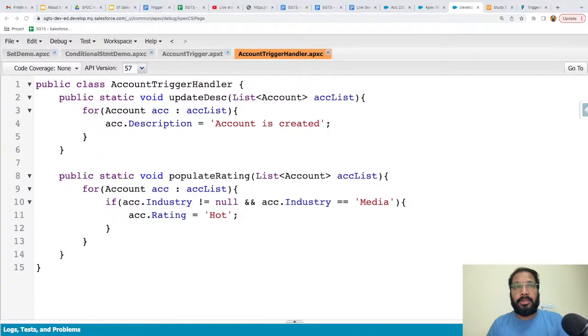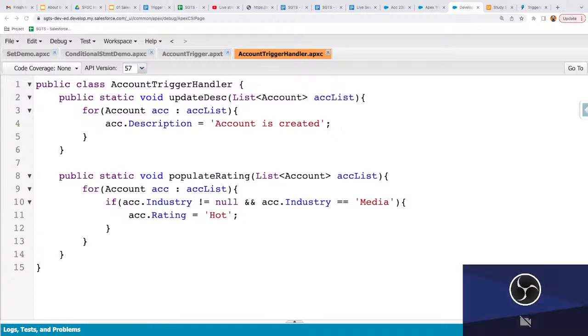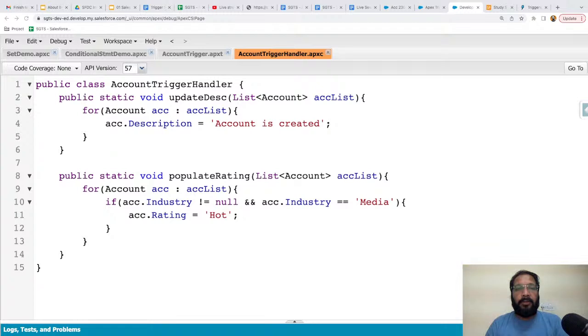Yesterday I told you we have different ways to test our code, right? If you want to test our code, we have three different ways. First, you can just test it from the UI, right? If you go to the UI, you will be able to create a record, and then with the created record you will be able to test whether your trigger code is working fine or not. So I'm moving here